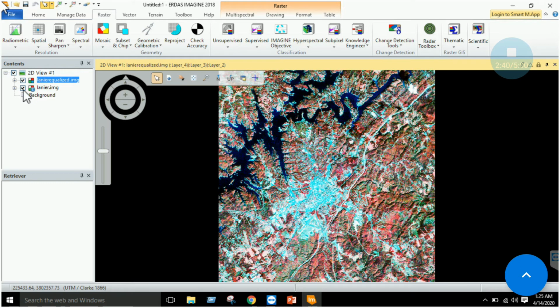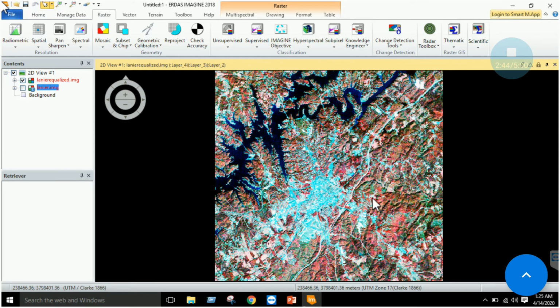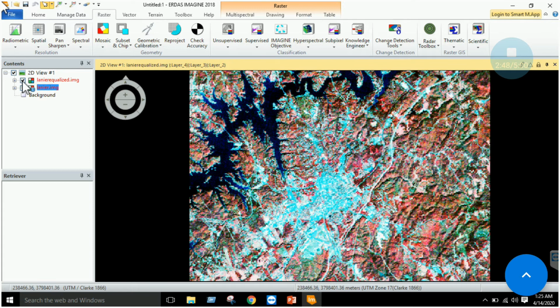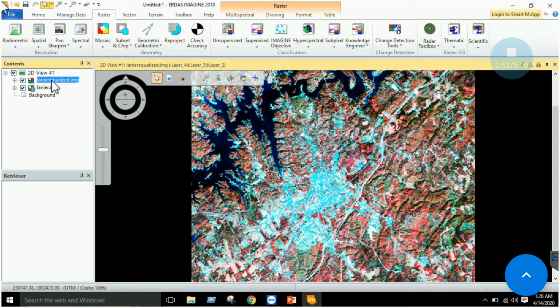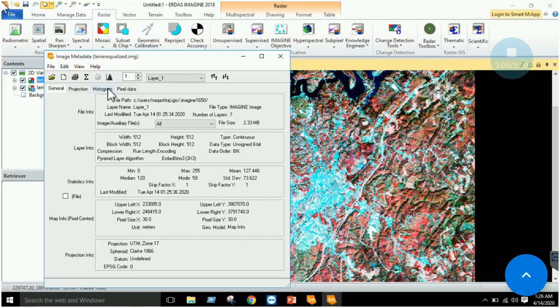Okay, here it is. Now here you can see that different features are a bit more clear, they have clearer boundaries than this image. And the more important thing is to go to the metadata tab and visualize the histogram of the linear equalized image, right?